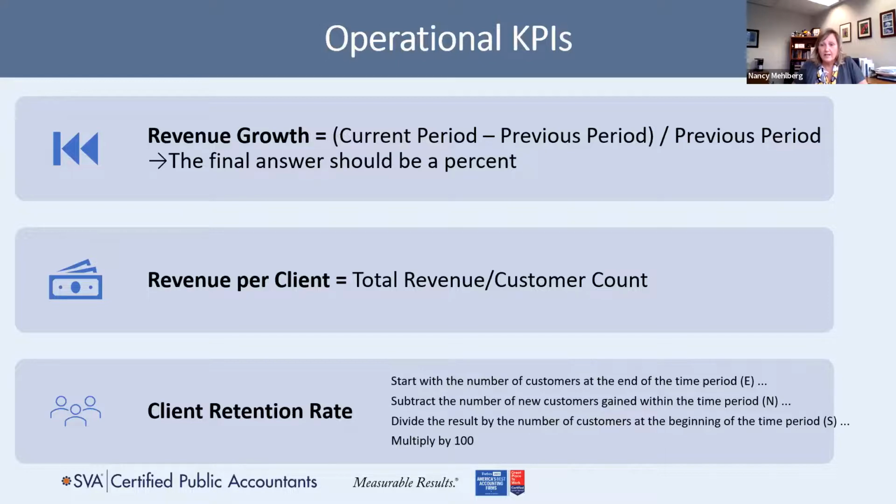Your revenue per client, again, very easy, but if your goal is to have a smaller amount of clients, but sell more to those clients, then this becomes an important number because this aligns with your goals. So again, you want to pick KPIs that align with the company's goals. So this would be a good one. Another one that I find is very, very important, client retention rate. You want to make sure that your retention rate is consistent and that you're not losing clients. So that's an important one.